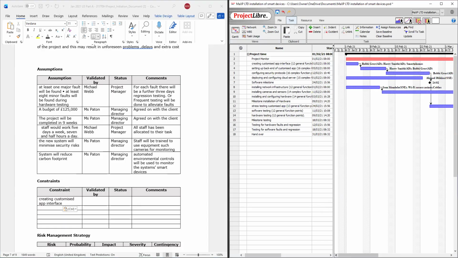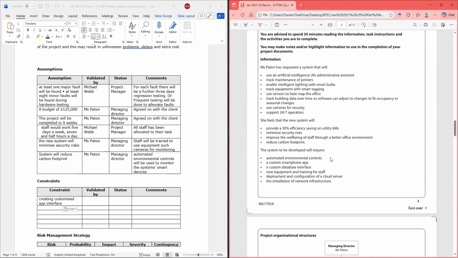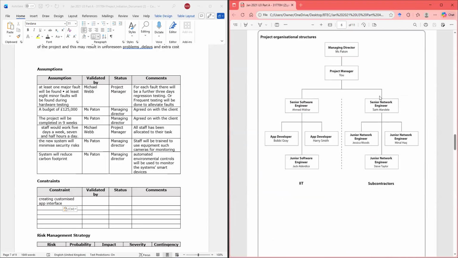So who is responsible for the app developers? Let's go to the structure chart. App developers would be, okay, this guy, Ahmed Ifkar.